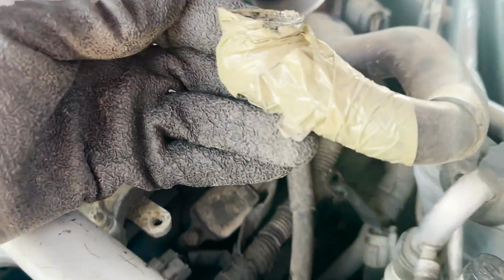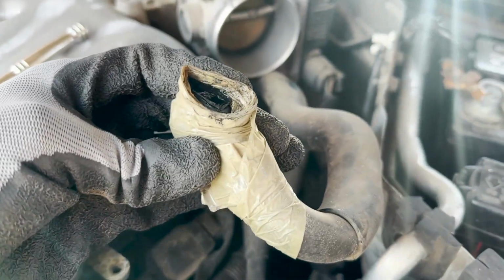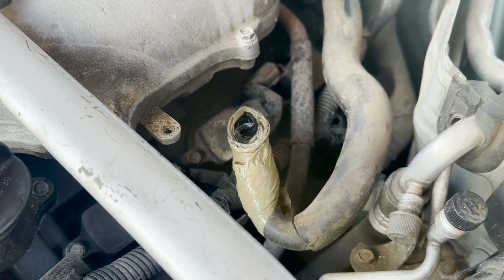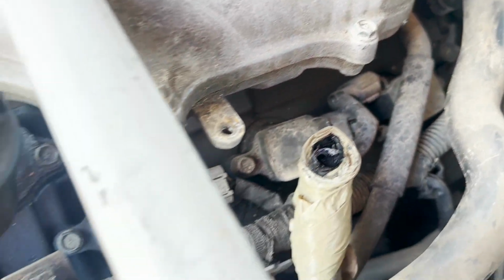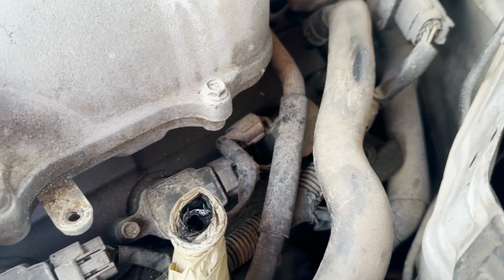I was just checking what they were trying to do here. Oh my, this is the pipe that connects here on the intake pipes that we managed to remove, and this was broken, so probably that's why it was misfiring on the cold start that we did. So as you can see, at least now we have access to the spark